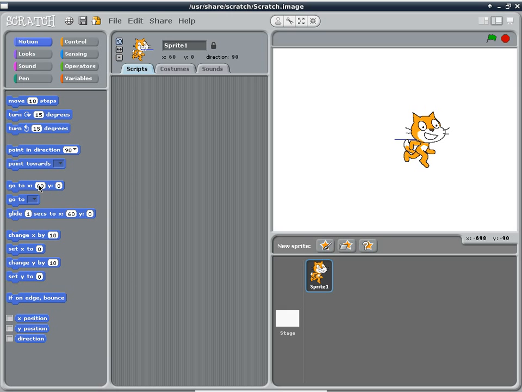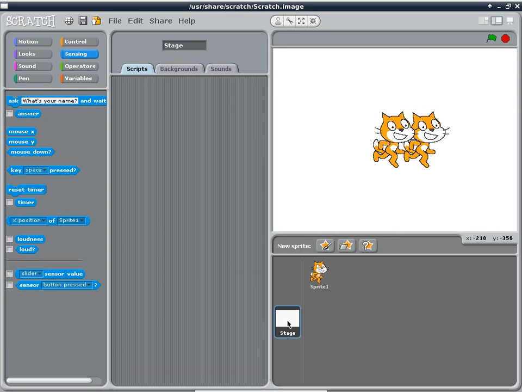Go to X, Y. We just make it go to X 0, Y 0 again. But we also have to erase the stage. We go to stage. Now this is the other part that's interesting. The stage, which is quote unquote the background of this whole thing, is not static. It is actually active. It has its own scripting. Which makes it kind of interesting because now you can add logic to the stage to interact with the